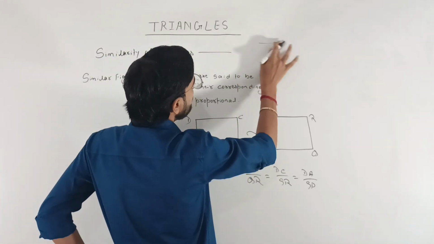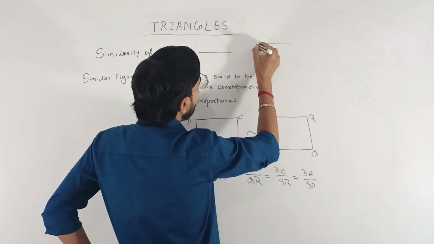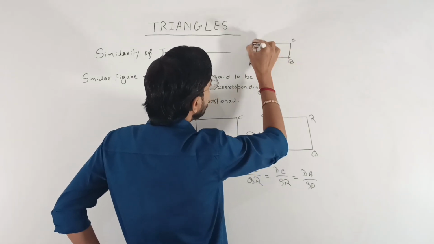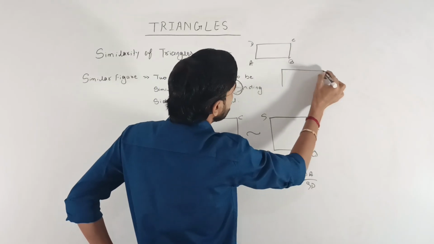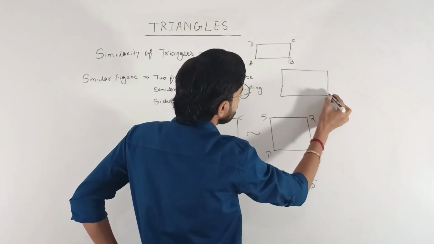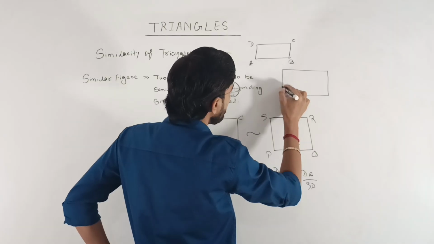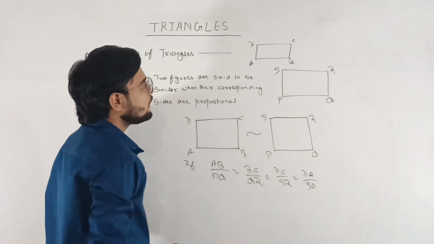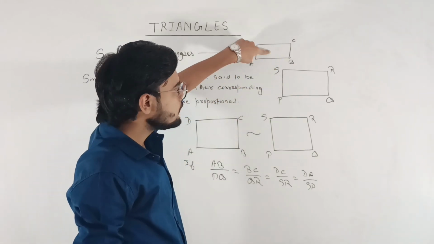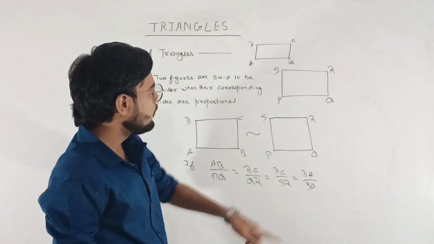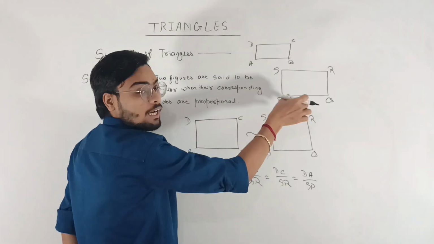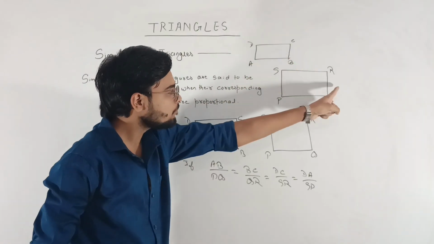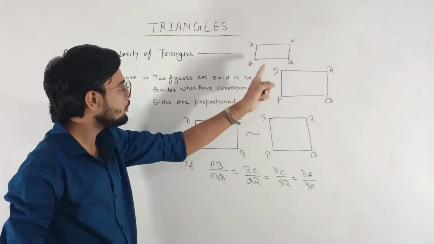Look here. Suppose I have one rectangle. This is my rectangle ABCD, and I have one more rectangle. This is PQRS. Now look, these two rectangles are different from each other. ABCD is smaller and PQRS is a bigger rectangle. But if the ratio of the sides are proportional or in the same ratio, if AB by PQ, BC upon QR, DC upon SR or AD upon SP